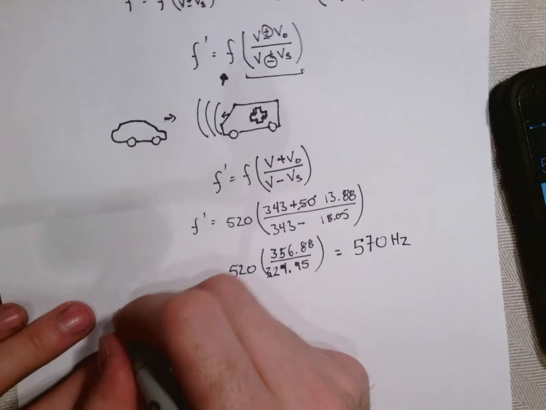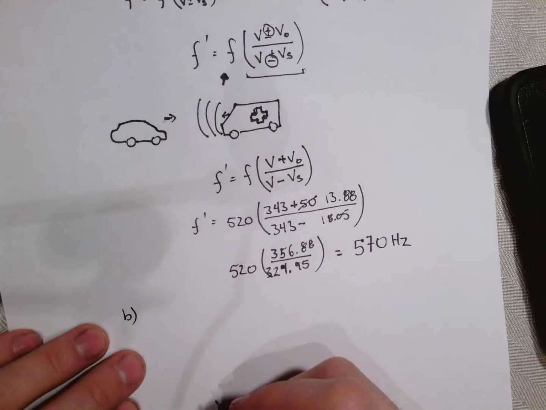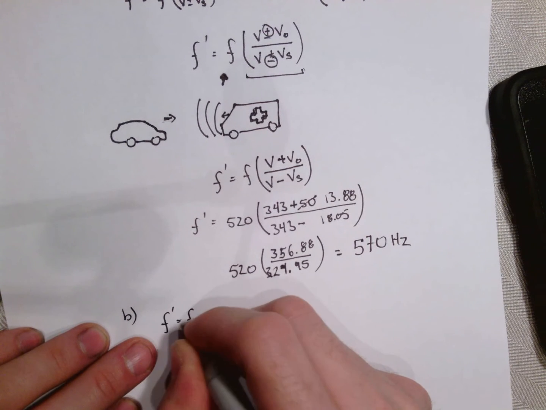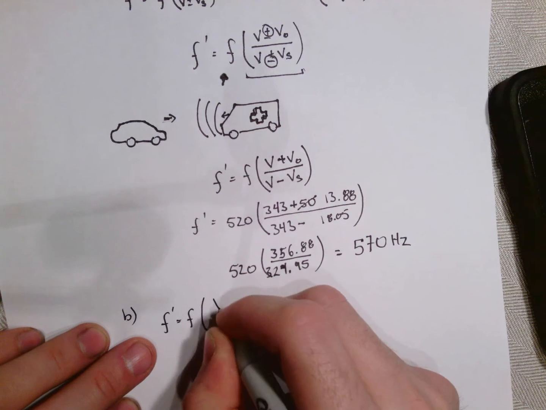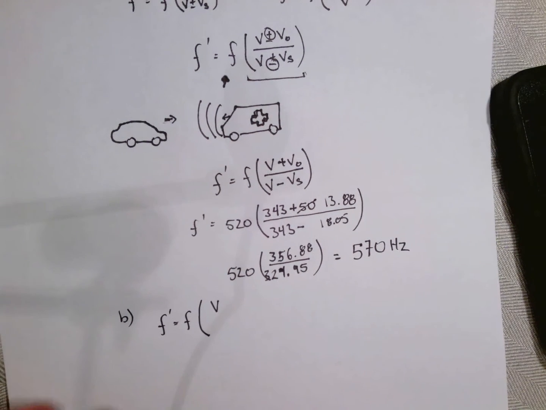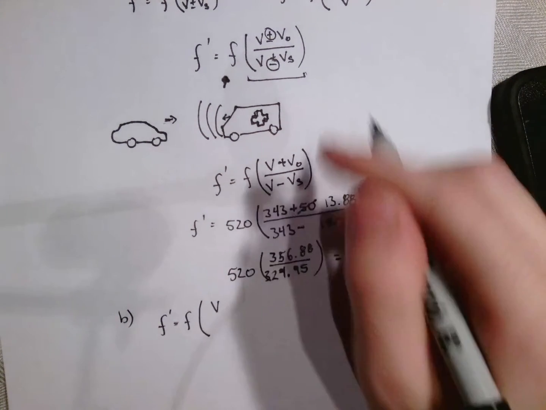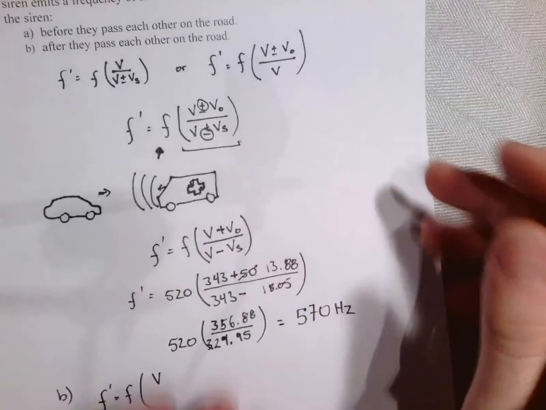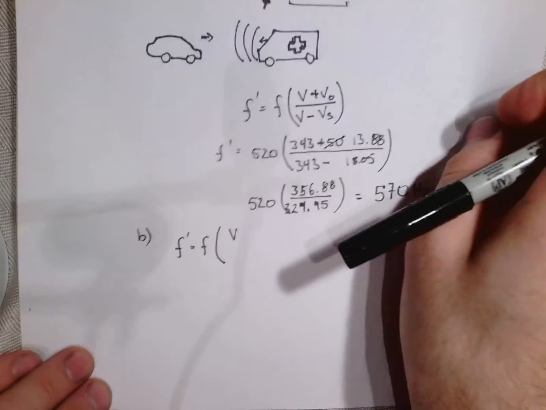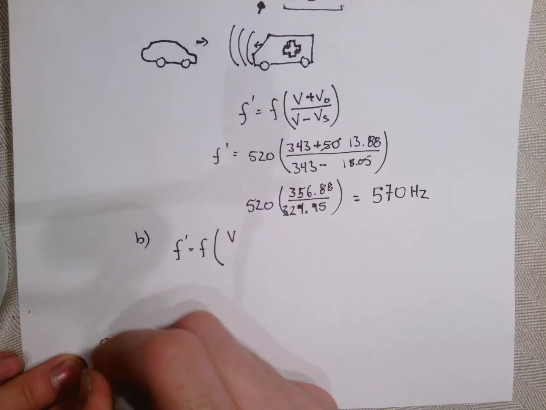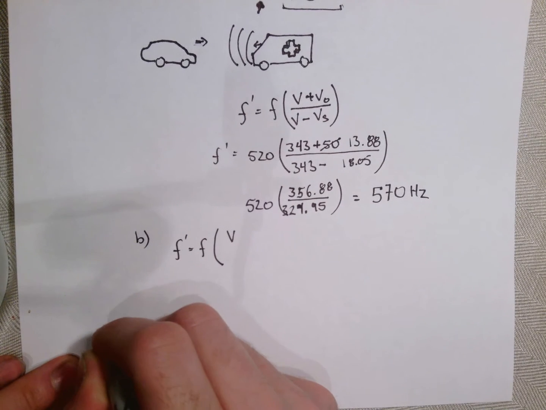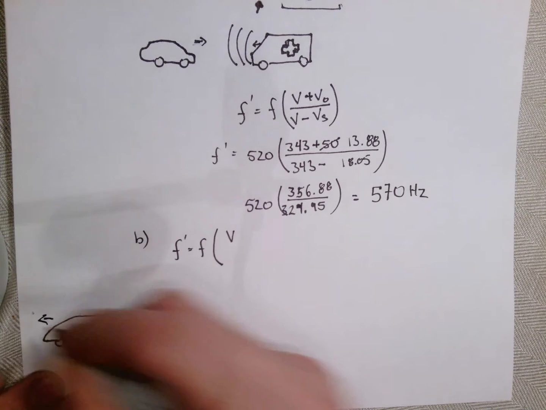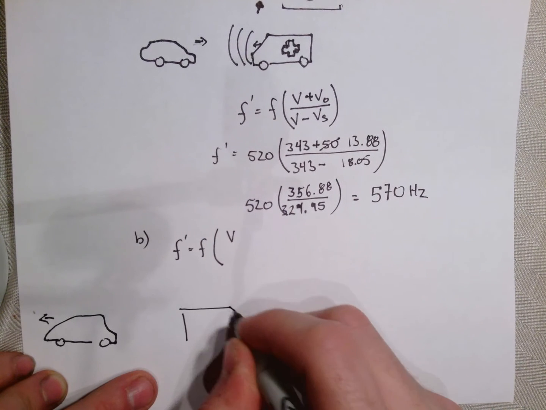Part B is after they've passed each other on the road. So after they've passed each other, we have to make this now as low as possible. If the ambulance and the car are moving away from each other, in this case, now we have the car going that way, and our ambulance